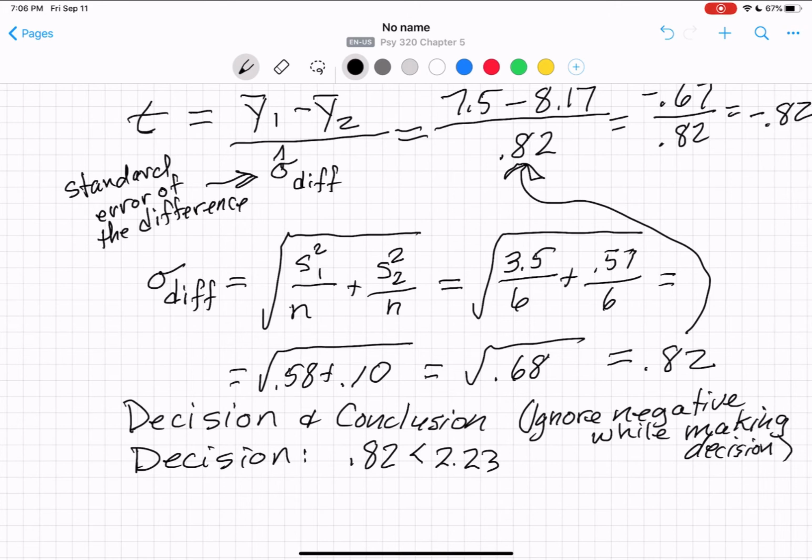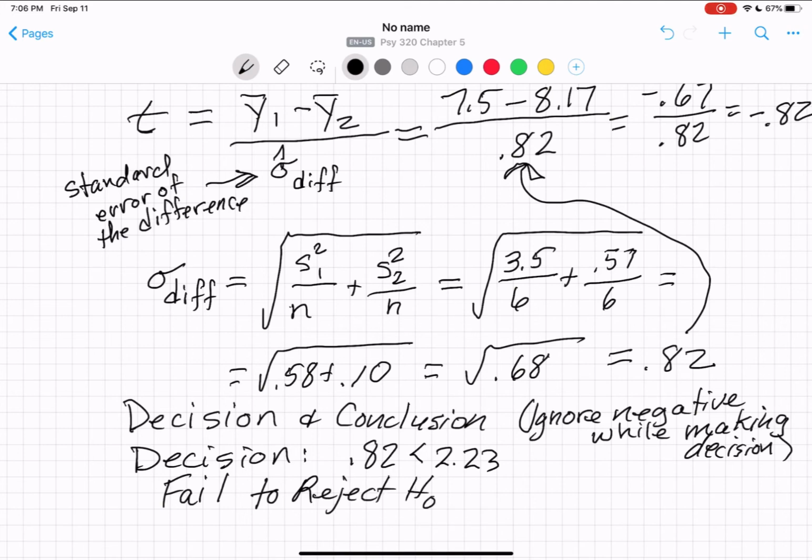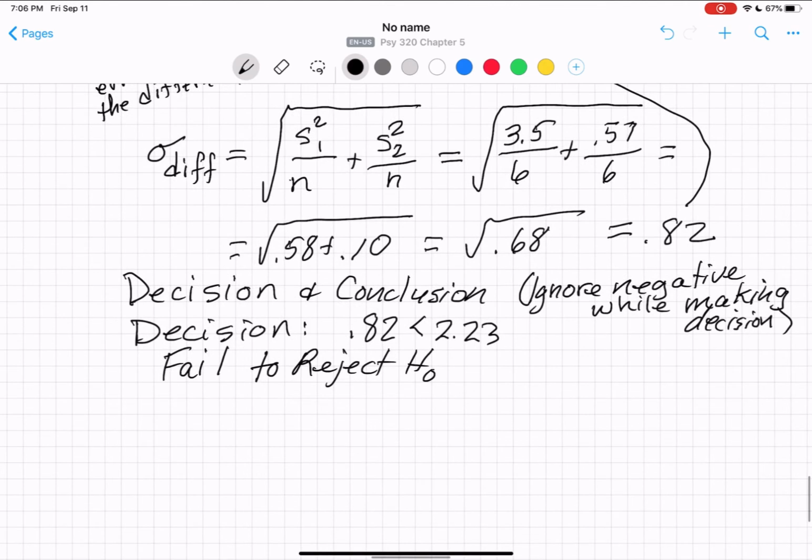Okay, so because of that, our decision is going to be fail to reject the null hypothesis. And that's what we decided in our ANOVA with the same data. You're going to write the conclusion pretty much the same way, okay? The only thing that's going to change are the numbers at the end. Okay, so music